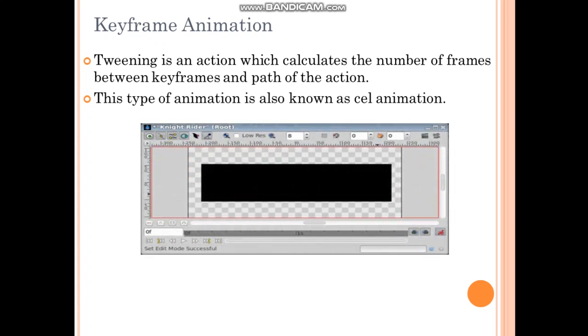It's very simple. Suppose this is the Synfig window. Canvas is shown here. You can see a black rectangle is there, and we have put one object, a circle object. So in the first keyframe, we define the starting position of the circle, and in the last keyframe, we define the ending position of the circle. Synfig assumes the in-between positions. This way we can create tweening animation.